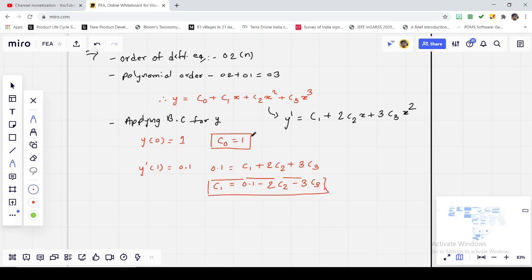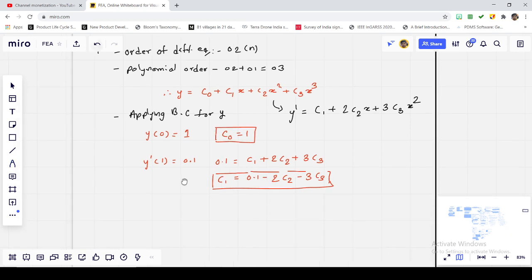Okay, now you have a value of c0, you have a value of c1. What you will do is substitute it in equation 1, which is the y equation. So instead of 4 unknowns, what we have done is, using a boundary condition, we try to remove 2 unknowns. Okay, so the final equation of y which you get will be 1 plus